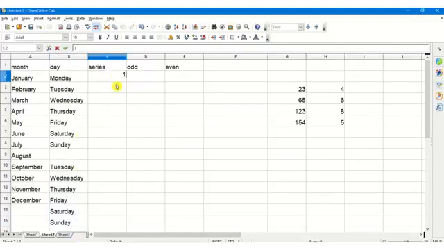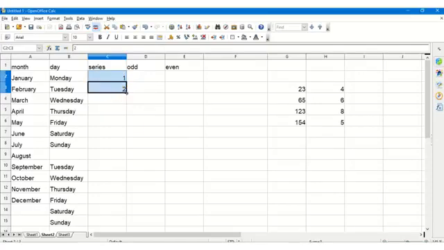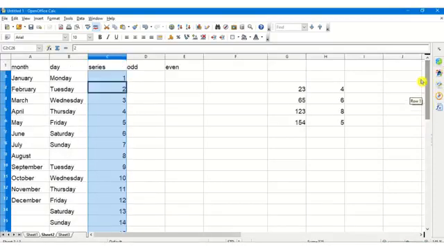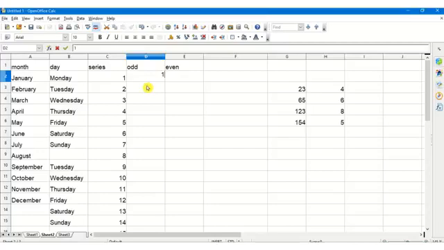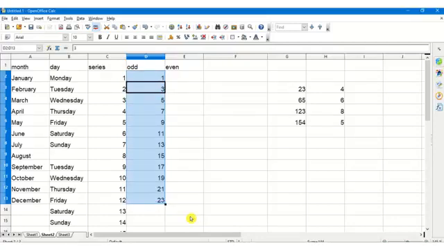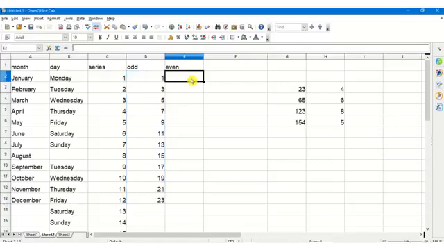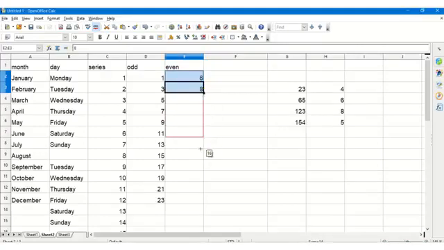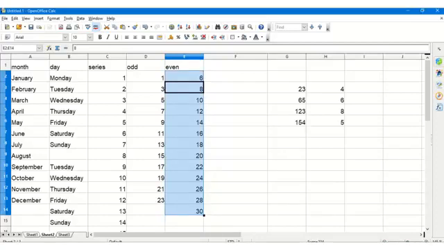Next, I can also enter series very quickly. Write down the first number and the second number of the series. So in this case, I want 1 and 2. Select both of them and drag down as far as you want. Suppose I want up to 25, I can stop at 25. Similarly, if I want odd numbers, I write down the first odd number and the second, that is 1 and 3, and select and drag to the series which I want. Similarly, for even numbers, let's take starting with 6 and 8. These are the two even numbers, and in the next cells it will continue to give me even numbers.